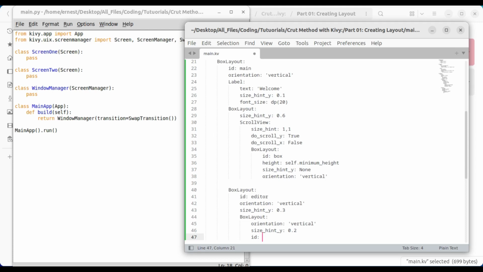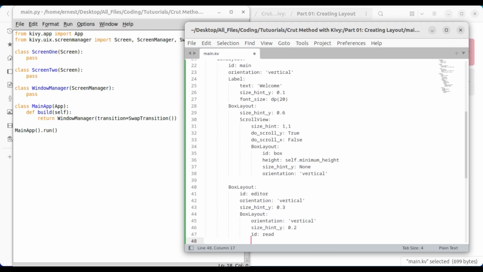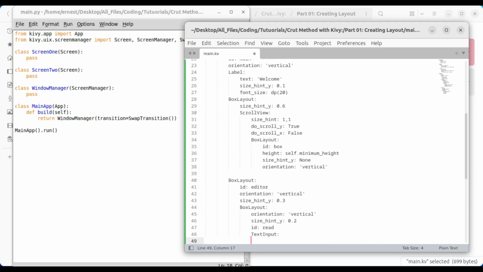So let's call this read. Once again, don't worry too much about these IDs. When we do the next part of the tutorial, you'll be able to understand the significance or the importance of having them. So let's go now and have our widget in the box layout, which is going to be